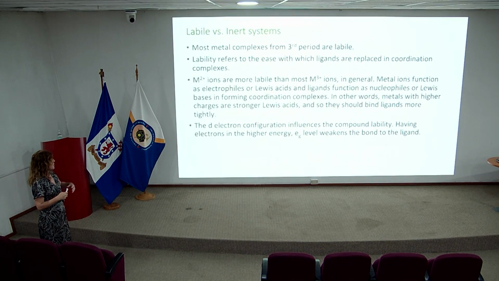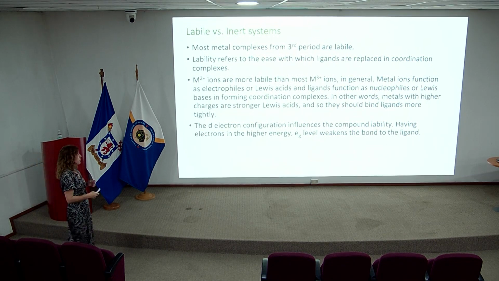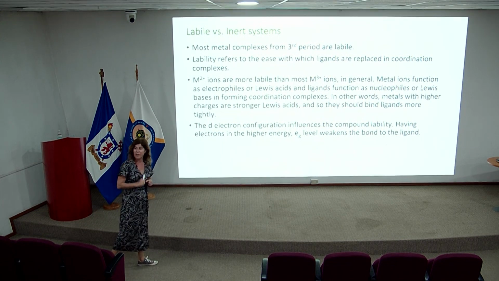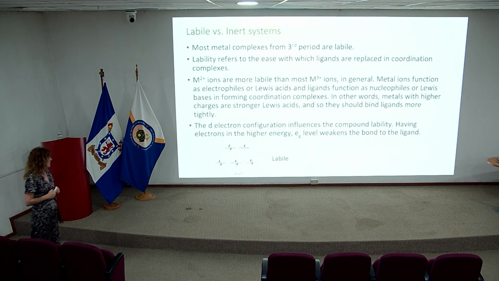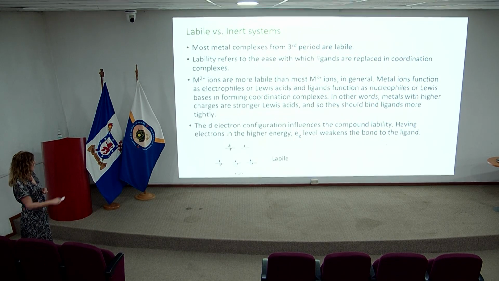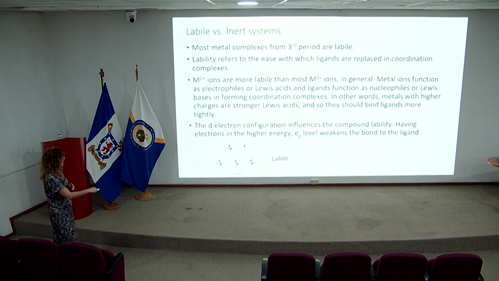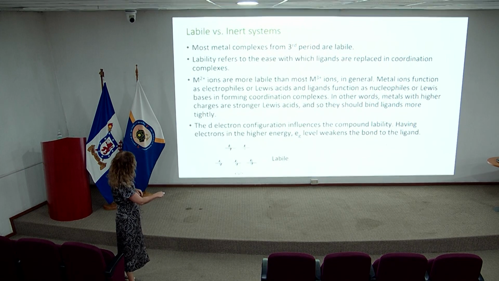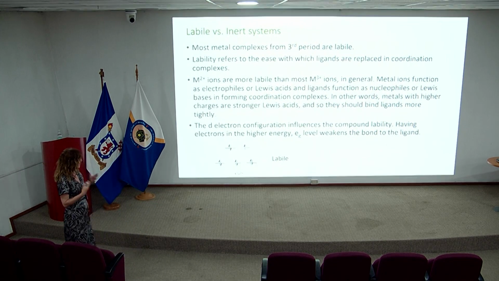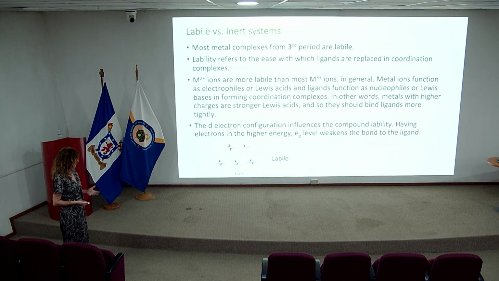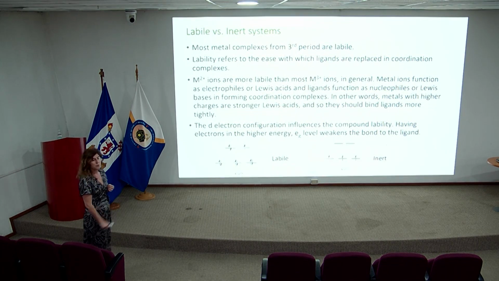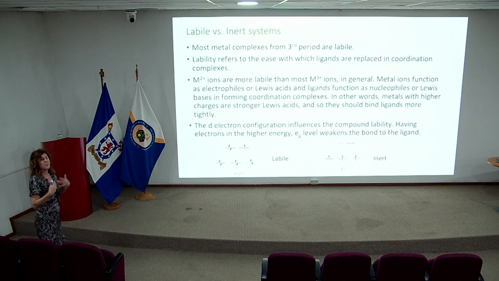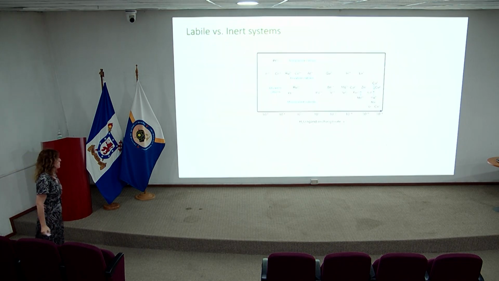And of course, the electron configuration affects the compound lability, and typically if there are electrons in the higher energy level that we were seeing yesterday, the eg, the compounds are more labile. Okay, so this is the example of copper 2. This is the electron configuration for copper 2. It has 1 unpaired electron, and it is a quite labile metal ion, while, for instance, vanadium 2+ without electrons here is considered inert towards substitution.